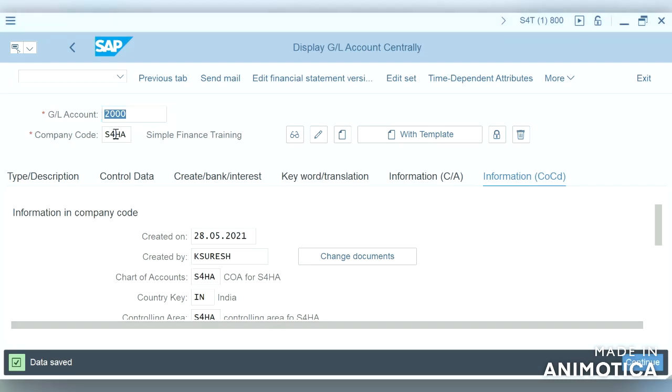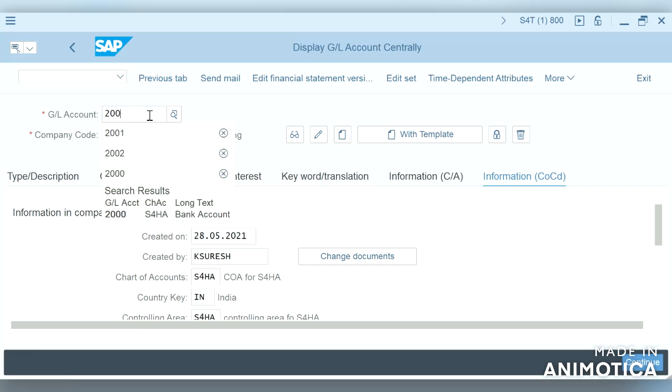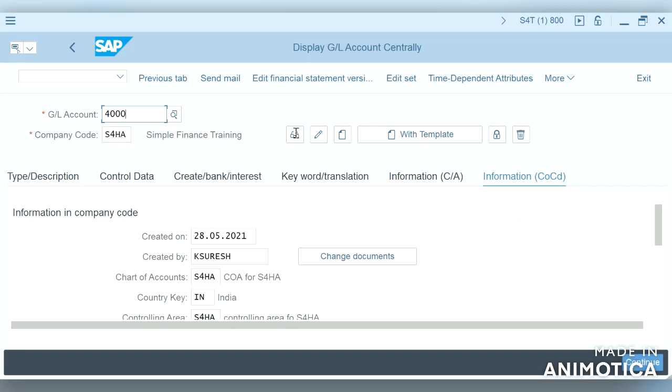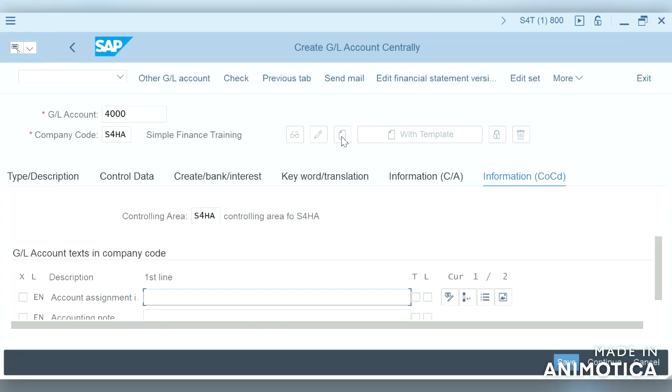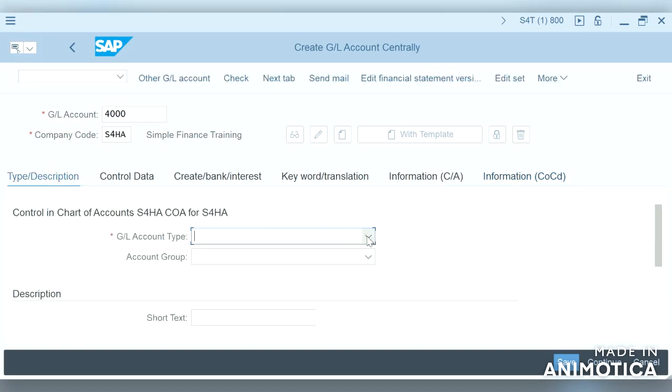So let us move on and create one expense account. Let us see how there is a little bit of difference in the expense account. What type of GL account do we have to select here? Whether it is non-operating expenses or income, or primary costs or revenue.